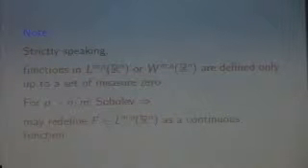Strictly speaking, functions in L^m_p or W^m_p are, of course, L^p functions, defined only up to sets of measure 0, but thanks to the Sobolev theorem, we can correct them on a set of measure 0. So we can think of a function in a Sobolev space as being a continuous function, and I will always do that. Our Sobolev functions for p greater than n over m are always considered to be at least continuous. In fact, as you'll see, I'm really only going to talk about p greater than n, and then all our Sobolev functions have derivatives at an individual point up to order m-1.